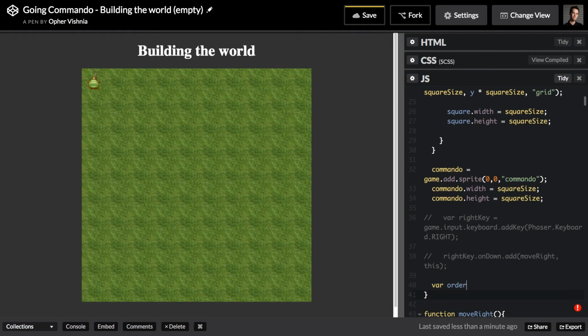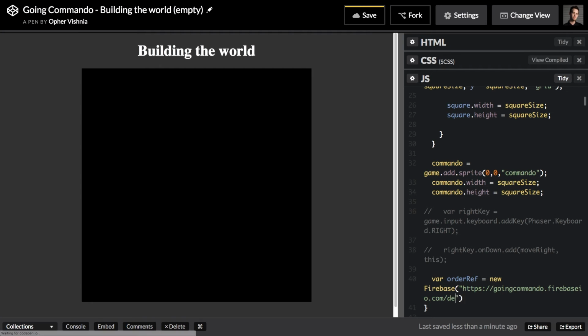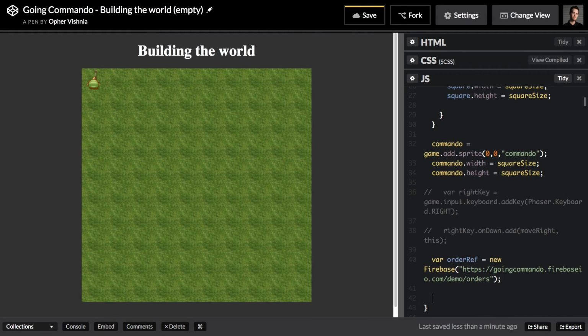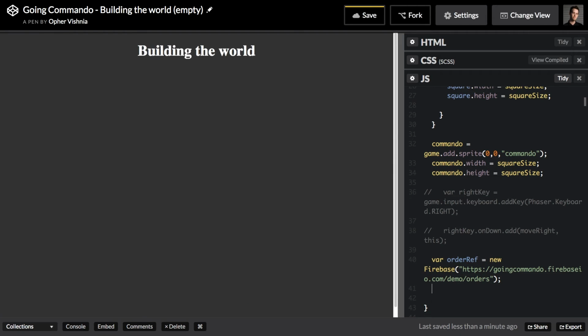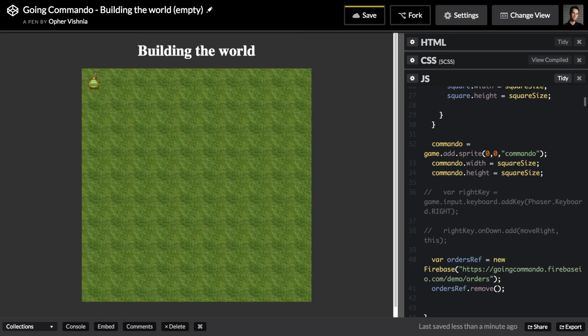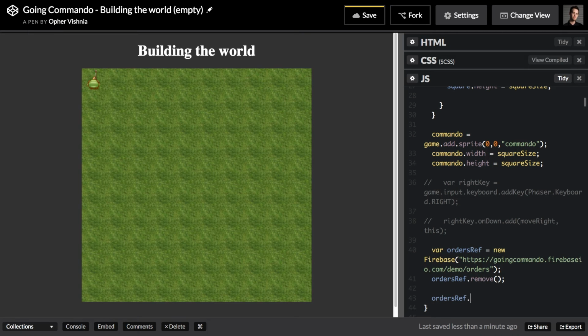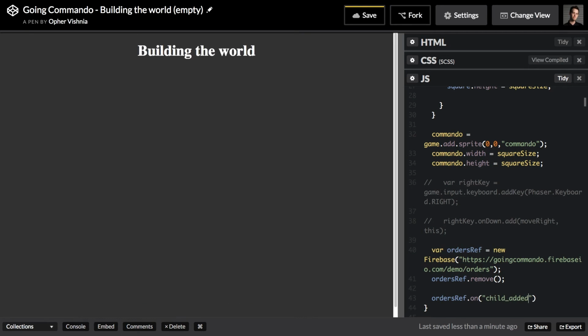So our orders reference will be a new Firebase with HTTPS going commando.firebase.io.com/demo/orders. And now I want to attach a handler to this thing. Before we do, let's make sure there aren't any standing orders from last time. I don't want to replay every order that's ever been there. I want to remove all orders when this game starts. So I did ordersRef.remove. And now I can do ordersRef.on child_added